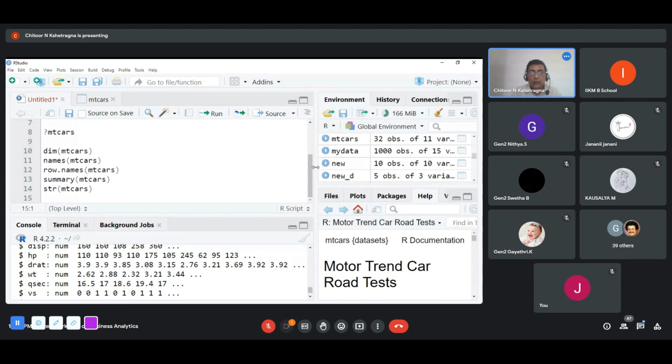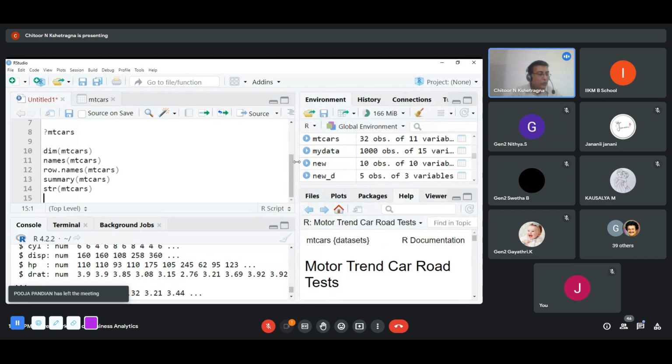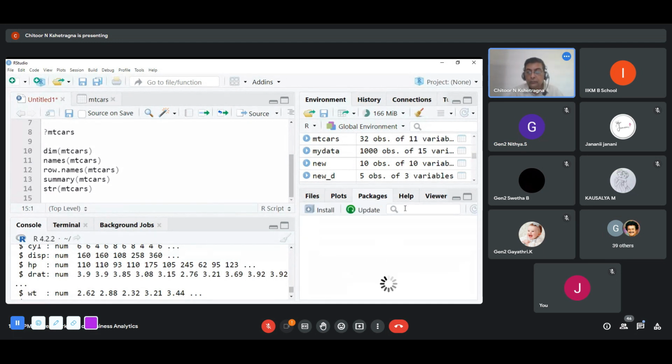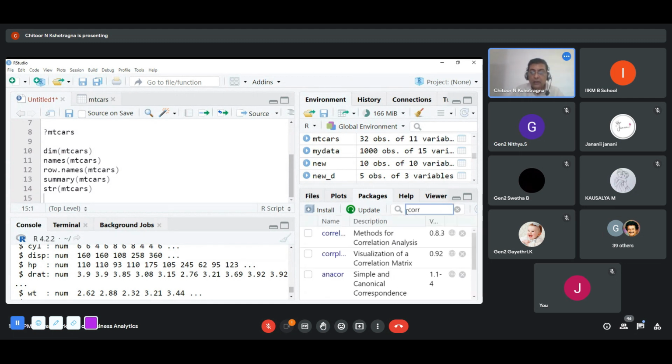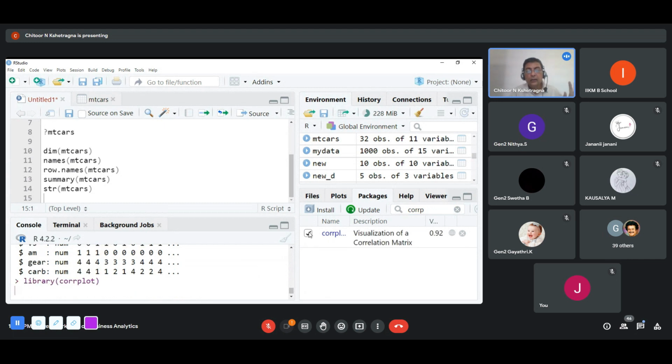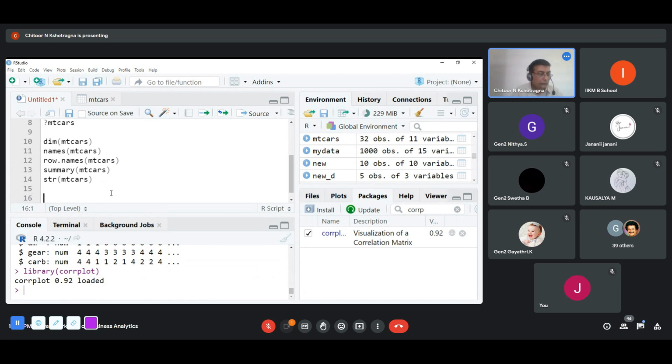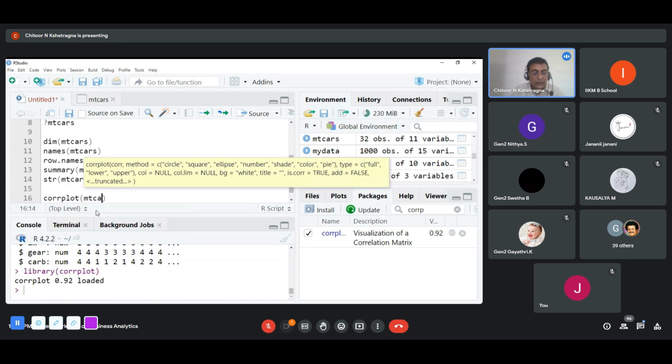Okay? Let me do one simple visualization for you to understand. Let's do this visualization. There are a lot of packages. Let me get one package which is freely available. I just need to go to packages. I'm just giving a demonstration. The corrplot package, right? It tells me this is the package I need to use. This is for visualization. See how easy it is to do a visualization. Let me give a demonstration for you. Let us say plot. I'm using this function plot, on mtcars.